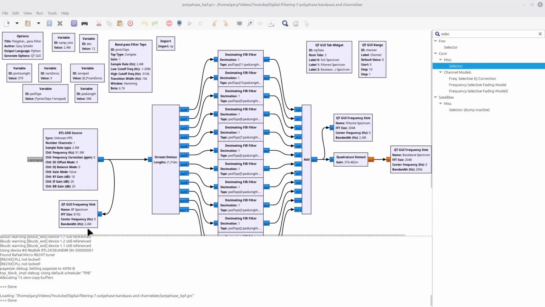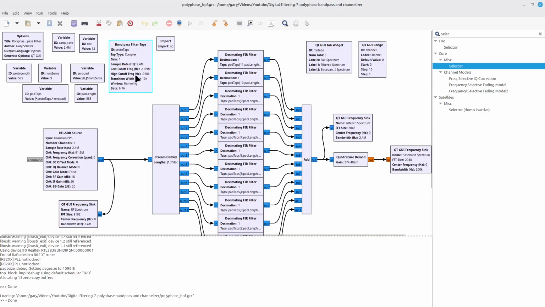This brings me to the last part of the video, in which I'm going to take this particular flow graph where I've made a bandpass filter, allowing me to select each channel individually, in other words, do it one at a time, and transform it into one which gives me access to all of the channels at the same time. This is going to be a polyphase channelizer that I'm going to make.